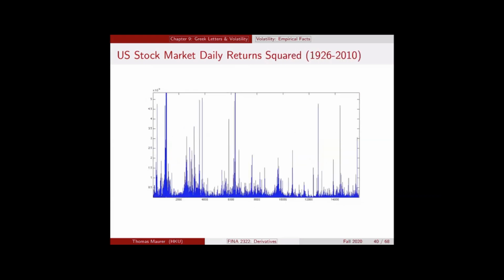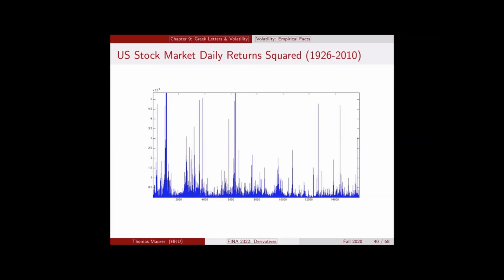And a similar picture can be shown here where I take daily returns and I square them. That's a very simple approximation of volatility. And again, you see these squared returns are quite high during these times, indicating that we either had very large positive or very large negative returns. And then we have an episode where squared returns are small, meaning again these returns are close to zero. Again, not that much volatility, followed again by quite volatile times, and then again times with little volatility, and so forth. So again, this just illustrates that in the data, it seems like risk is changing through time or